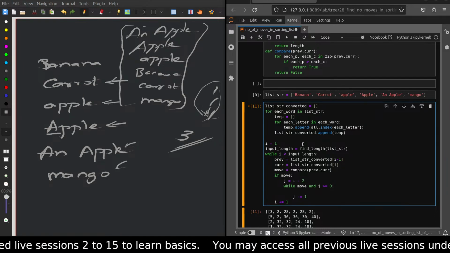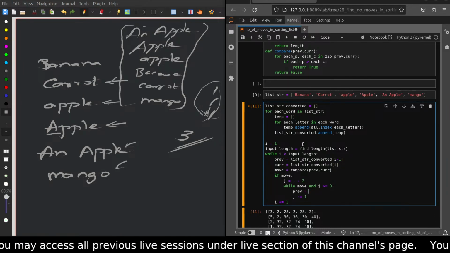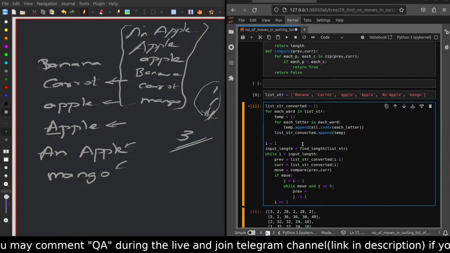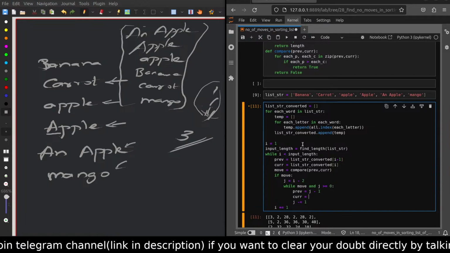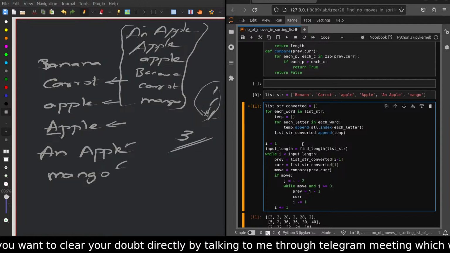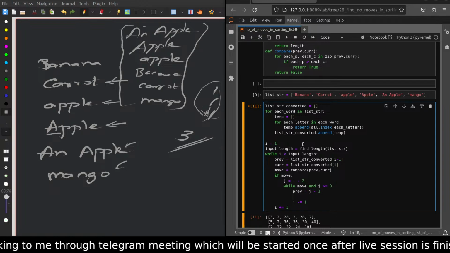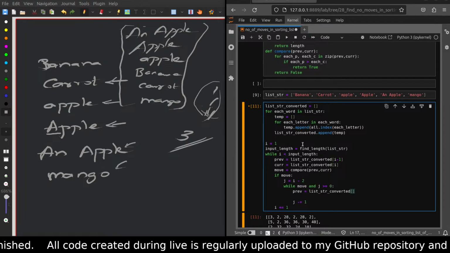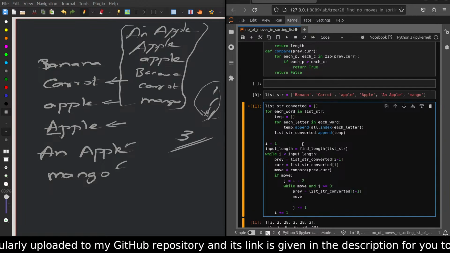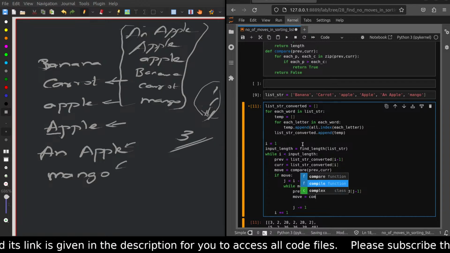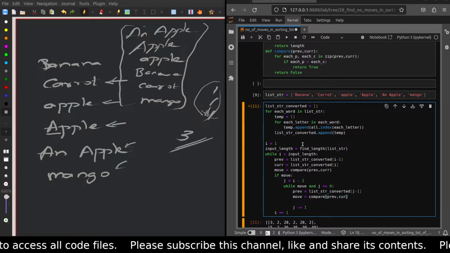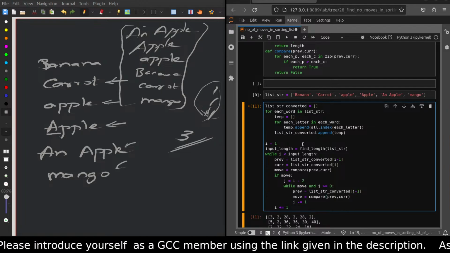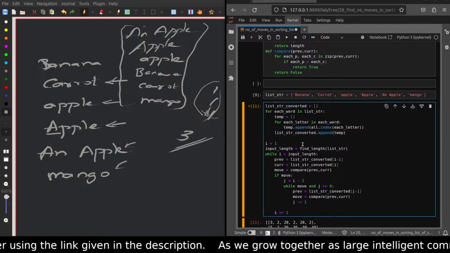At this point, the read is compared with current, and our current is the same. We need not assign that. We'll just say minus, comparing read and current. Current is going to be the same. Only the previous variable is going to change while we go backward. Until it fails, it will run. When it fails,